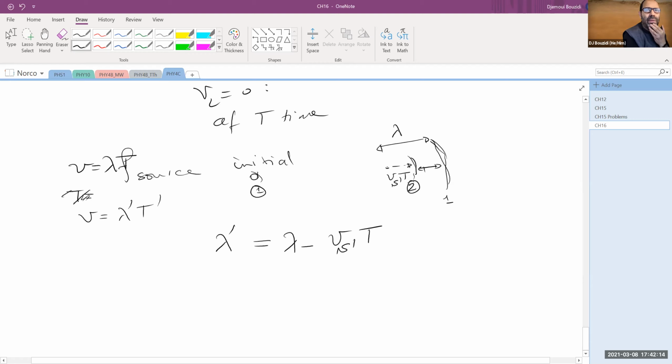It's lambda times f. I'm sorry, lambda times f prime. It's not wavelength times time, it's actually wavelength times frequency. That is the dispersion law that we saw last time for the waves. Or lambda divided by T if you want to write it that way. So this is the perceived